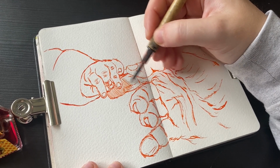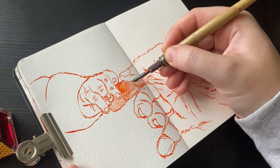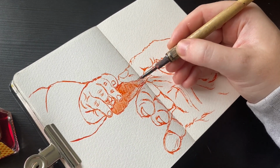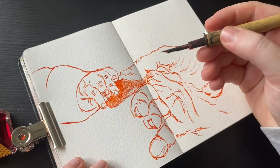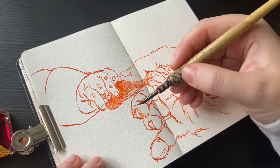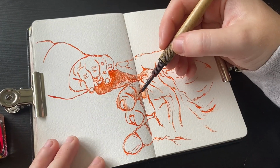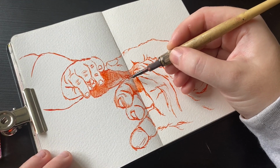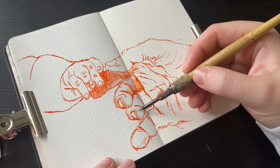I really enjoy doing hands, and sometimes when I'm not feeling creative enough to create something new, I'll find a reference of some hands, as you saw there in my sketchbook. Sticking to something I know and doing it better can boost me to try something new and potentially fail or not pick it up quite as quickly. And that's something that I think you've got to judge, whether it's better to try something new or to stick to something you know, because it's not always good to be learning